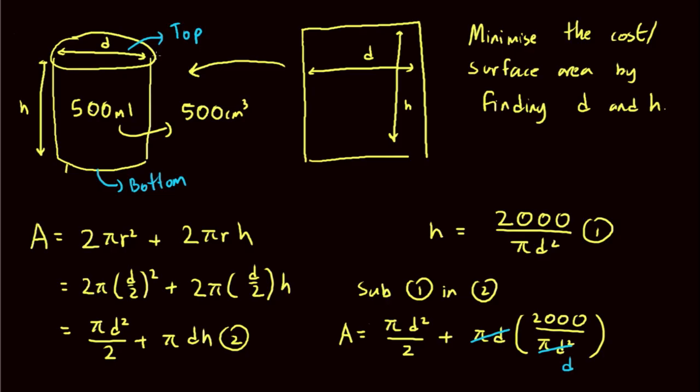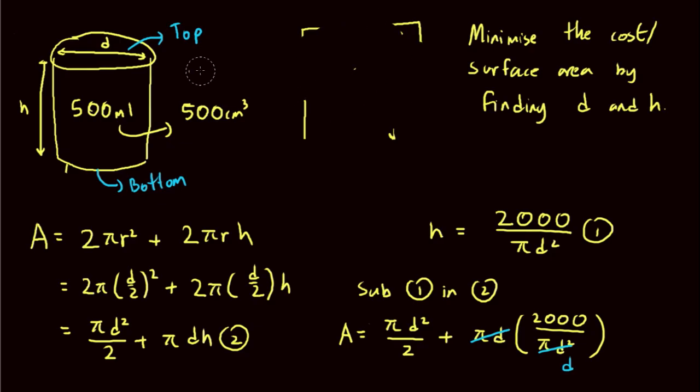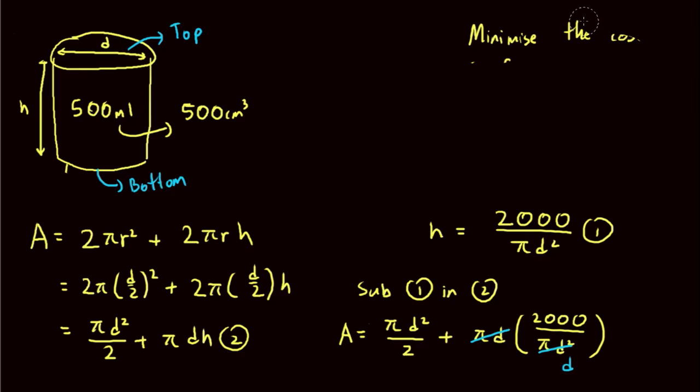I'm going to be erasing all of the other stuff so that it will be easier for us. As I'm erasing it, I need some space, because we know we have to minimize anyway. So we're left with A equals pi d square over 2